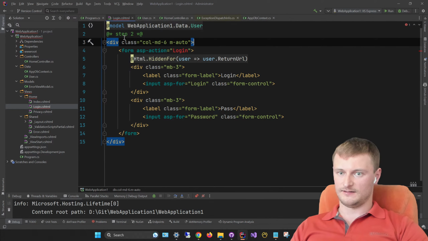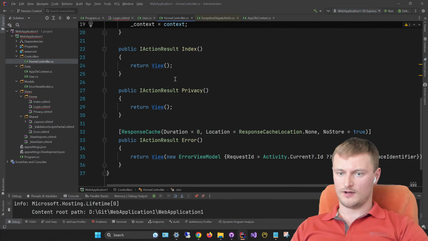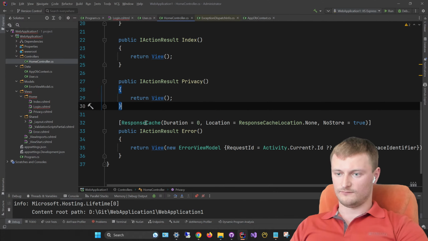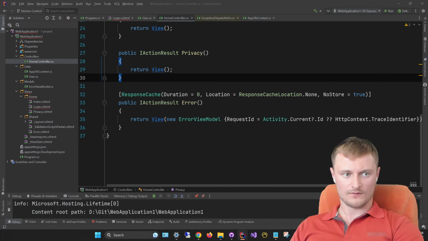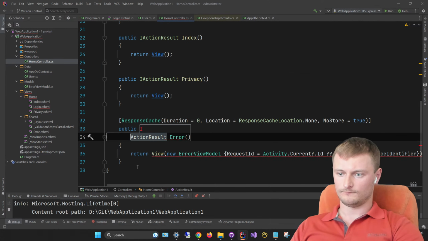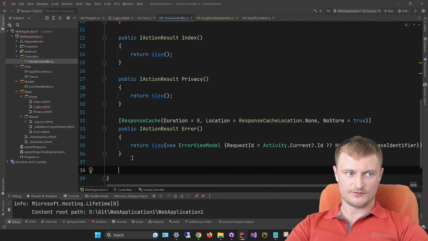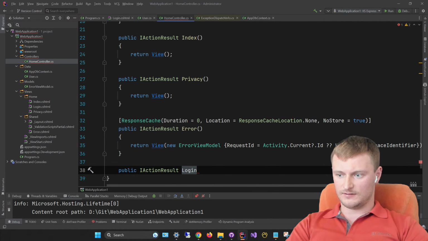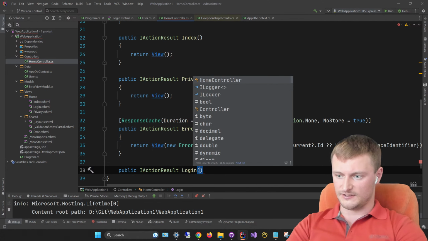Yeah, this way. In CSHTML it is done just this way. And the second step, the last one, will be to create the login action. So it will be the login, called login. So just this view moment. Yeah, so it will be just public action result and login. And here we are gonna do a bit